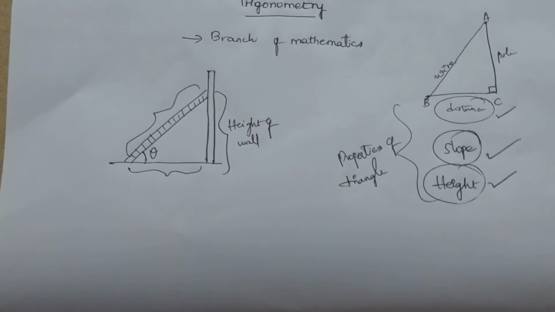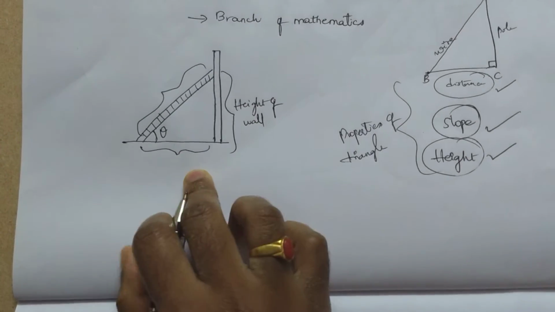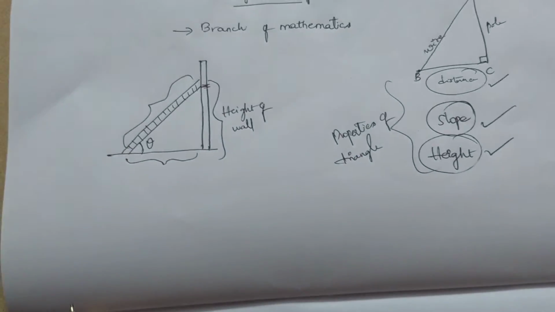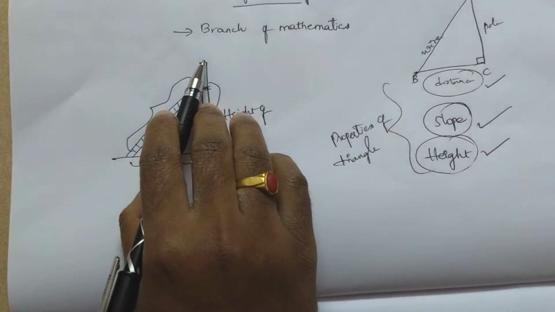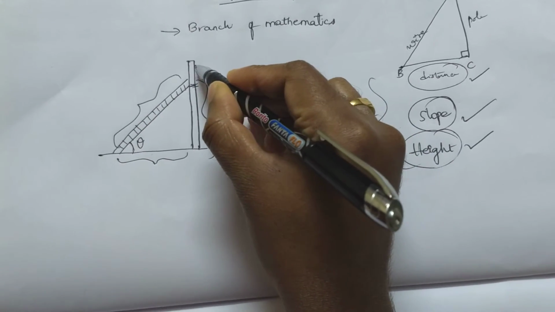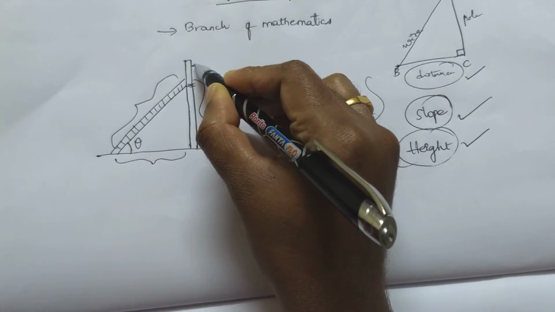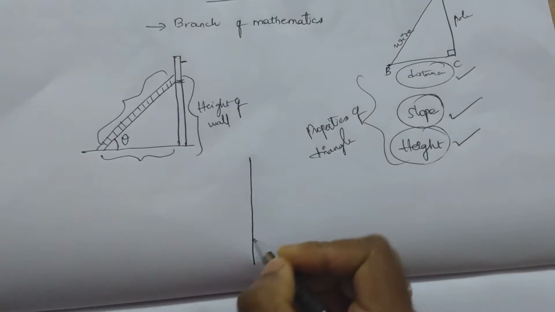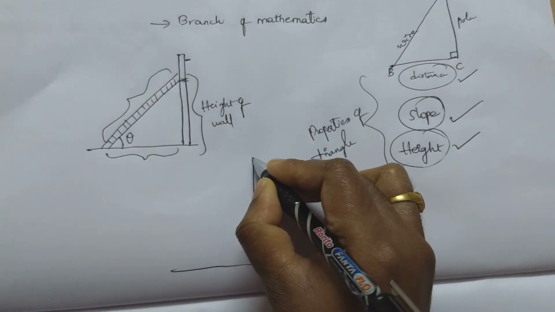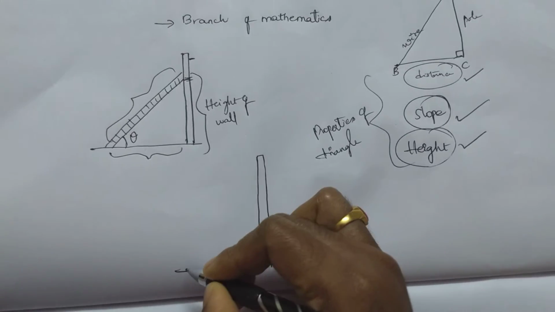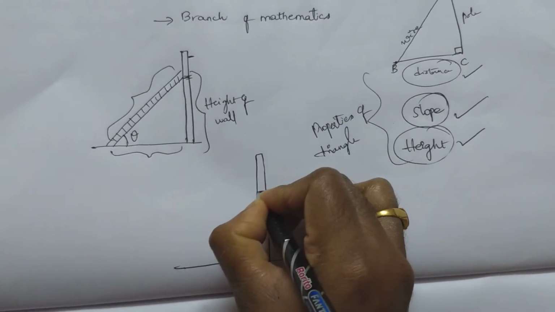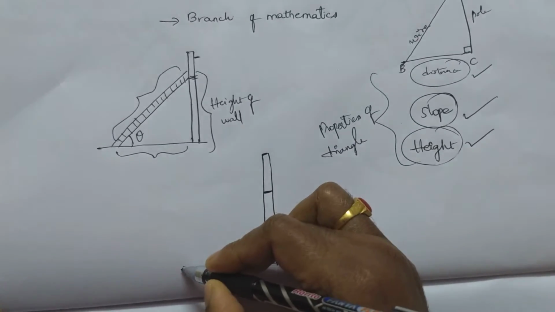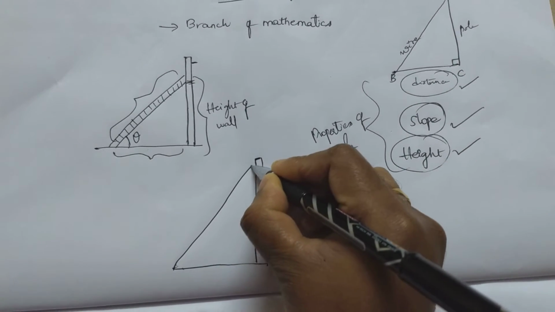Correct? So let me give a brief explanation now. See, here the angle is formed when a person wants to whitewash the wall at a certain point. If a person wants to increase the height and paint or whitewash at a certain point, what happens? Let me draw the figure here itself. See, this point we have taken now. So when a person wants to increase the height of the whitewashing, what happens?